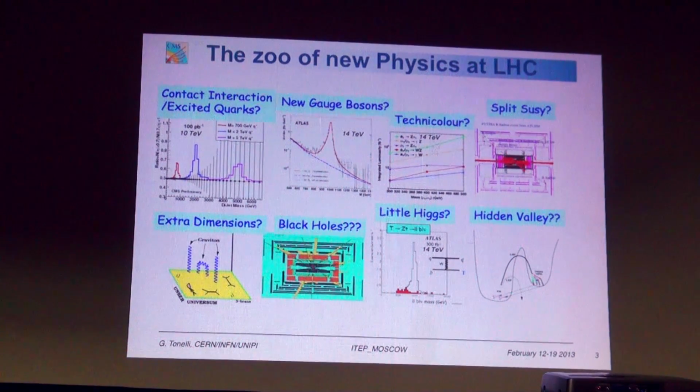For example, trigger rules. At a certain moment, we had to identify particles that could stop in CMS and stay there for a few weeks. There are models predicting particles that are produced in the collisions and decay after a few days, a few weeks or a few months. This creates a challenge for the trigger. We have to understand and prepare something that was completely unexpected. This is just to give you an example of the variety of signals and topologies we have to cover if you want to really prove or disprove a large fraction of the models proposed in the last 20 years.